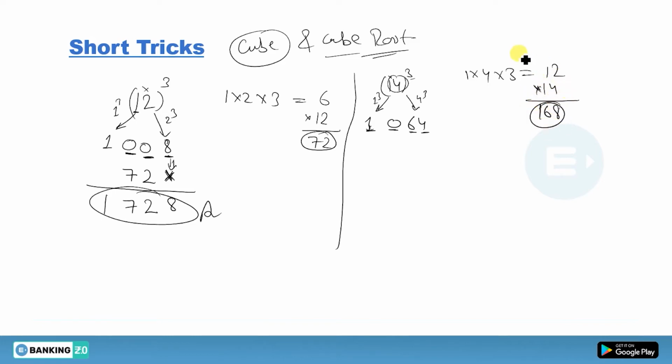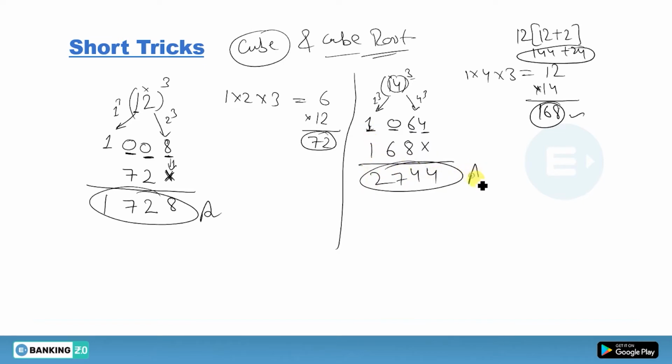What I did here, I just calculated this 12 into 14. 14 I can write as 12 plus 2. So this becomes 144 plus 24, and this is known as the splitting method, and this is a very useful method in your calculation. You got 168. Now leave one space here and write 168 here. So what are you going to get? This one is 4, 6, 6 plus 8, 4, 1 carry, 6 plus 1, 7, 1 plus 1, 2. So your answer is 2744. That's the right answer actually.